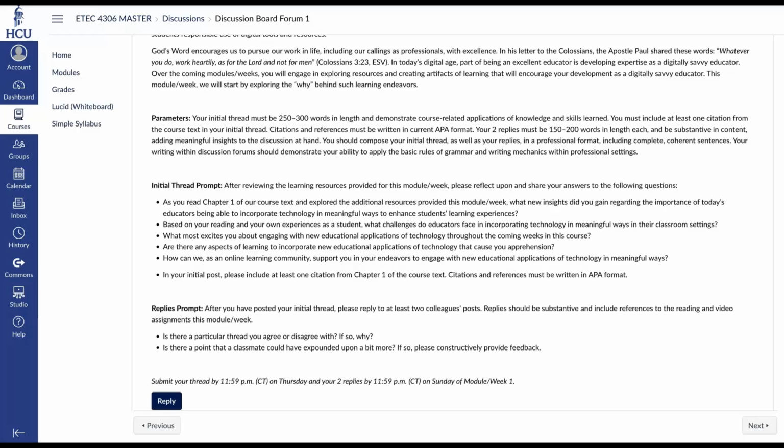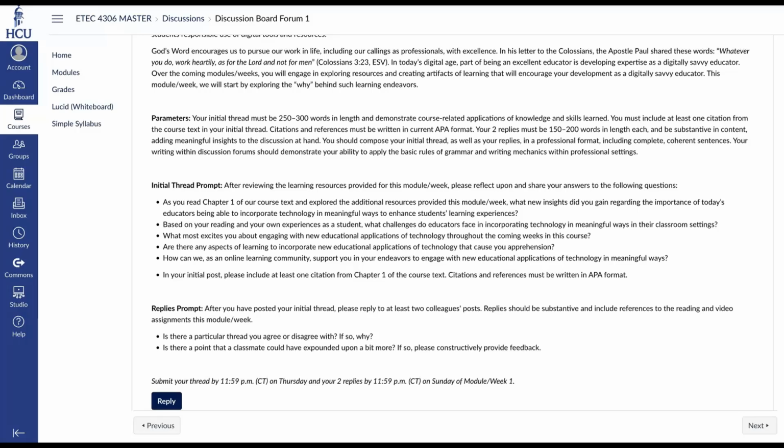students' learning experiences? The key word there being meaningful. Many educators incorporate technology simply to check the box and to be able to reassure themselves and their administrators that they have used technology. However, there is a huge difference between simply using technology and using technology in meaningful ways